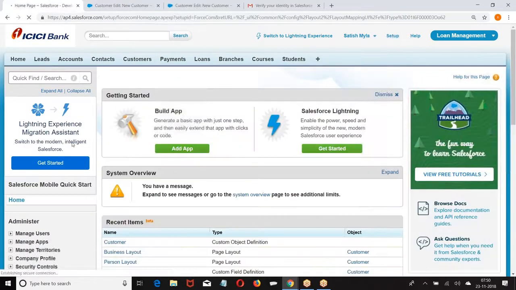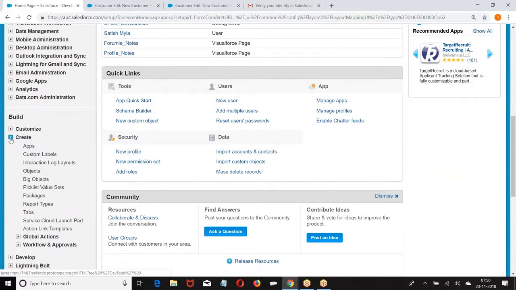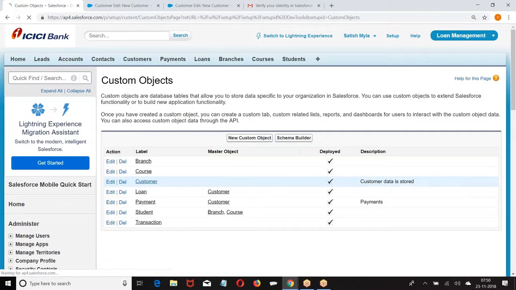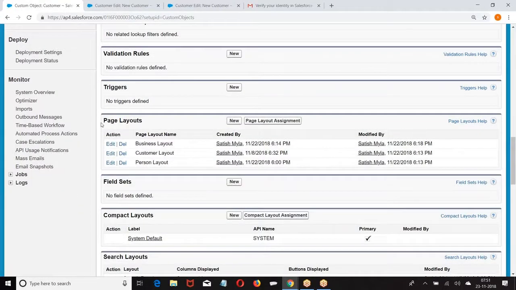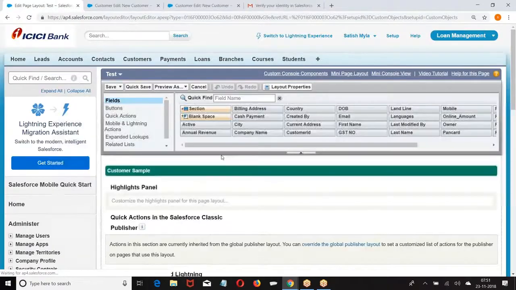Setup, build, create, objects, choose the object you want, scroll down, page layout, new page layout. Or if you want to modify an existing one, you can modify it.